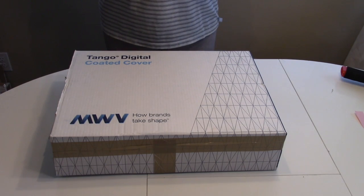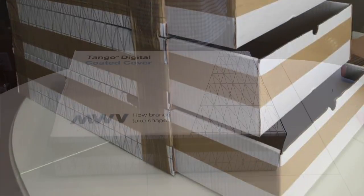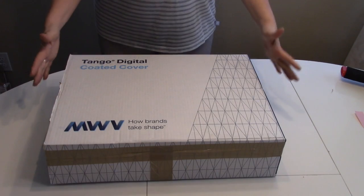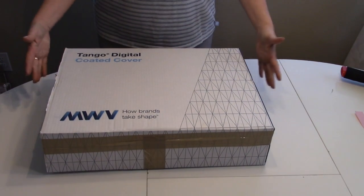So a few days ago, I posted this picture on Facebook. And several people asked if I would do a tutorial on how I made the little drawers out of printer boxes. So these end up in the recycle bin at work pretty much every day. They are a